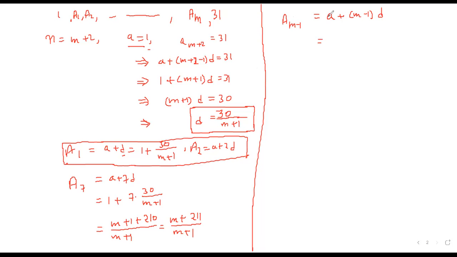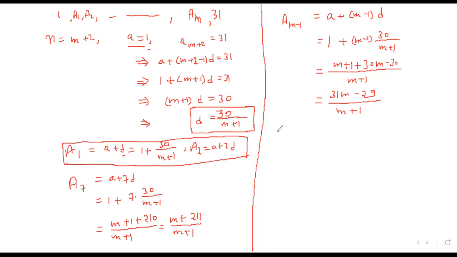And the m minus 1th AM will be obtained by a plus m minus 1 into d simply, where a is 1 and d is 30 upon m plus 1. So when we write the denominator m plus 1, it is m plus 1 plus, open the bracket, 30m minus 30, equals 31m minus 29 over m plus 1. And when we find the ratio A7 to A(m minus 1), it is equal to, given,